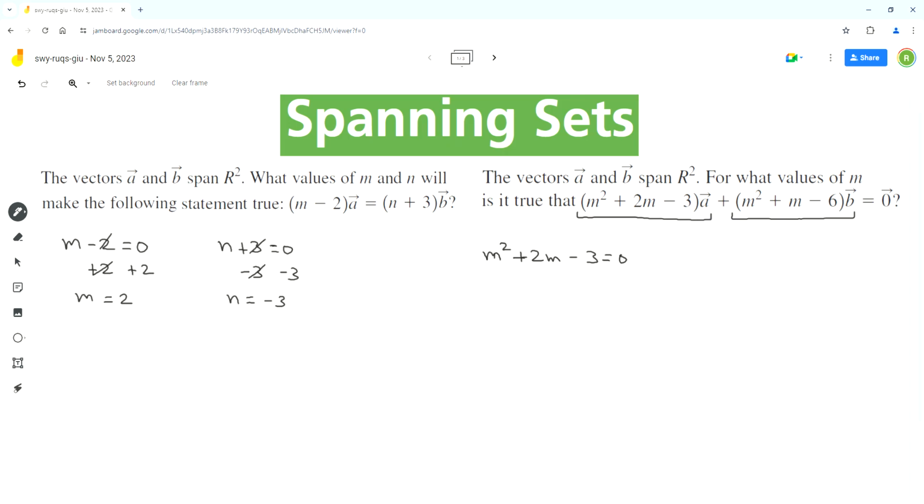Here we have to find two numbers whose sum is 2 and product is -3, and the numbers are 3 and -1. So the factored form of this equation is